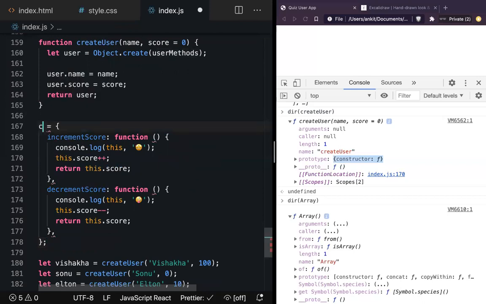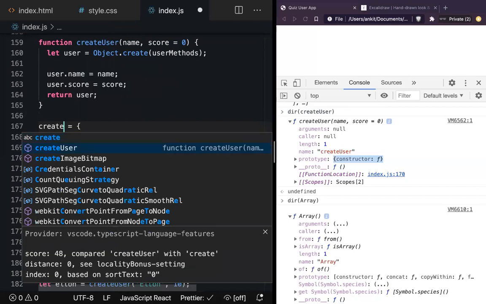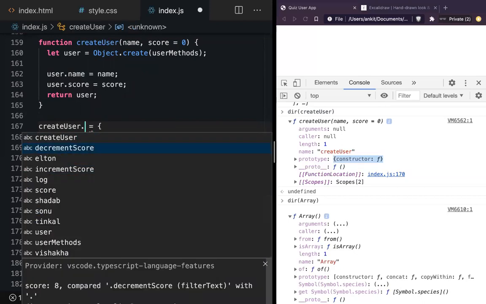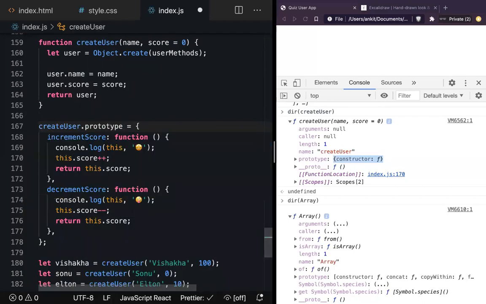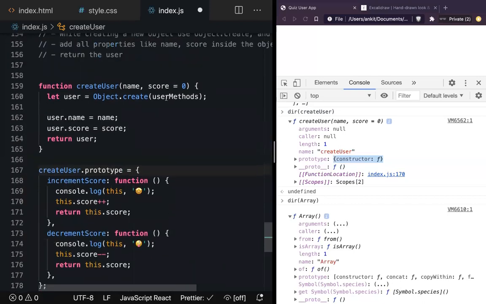I can just say createUser dot prototype. And when I'm defining this, which object do we need to pass here? In Object.create, that should go into dunder proto.